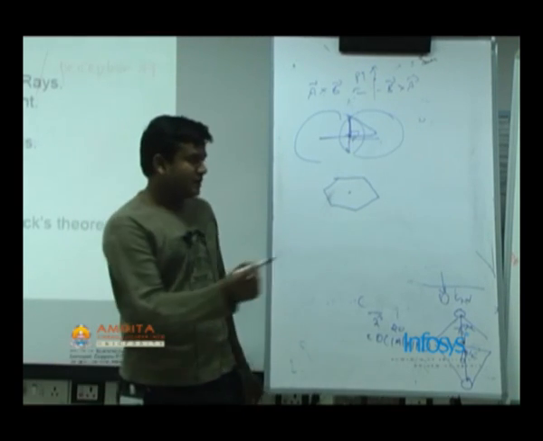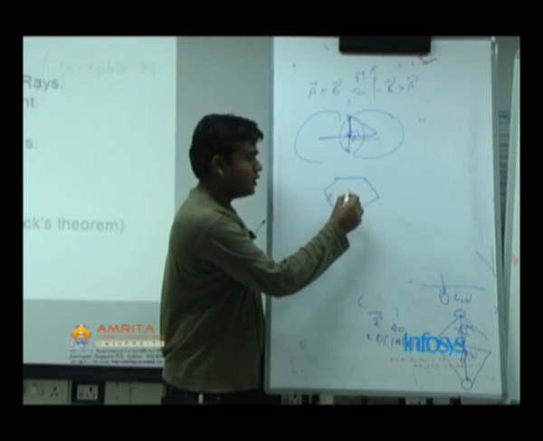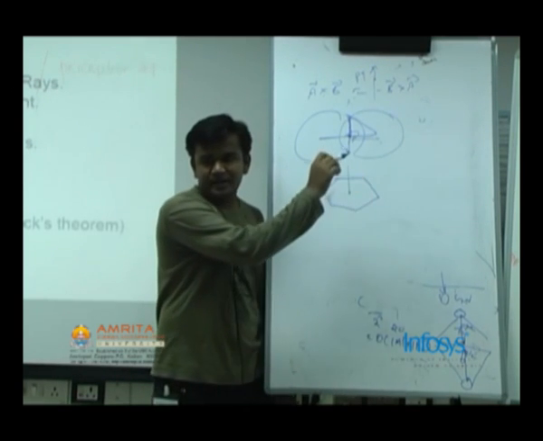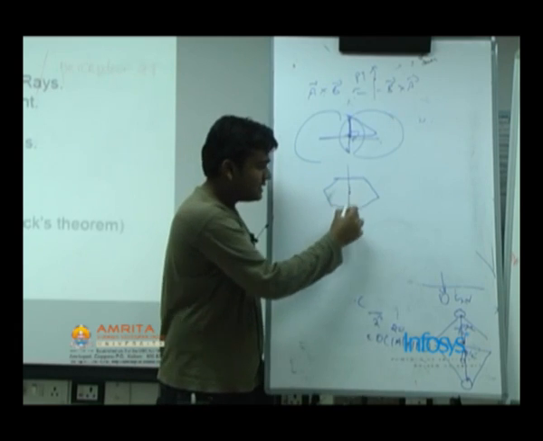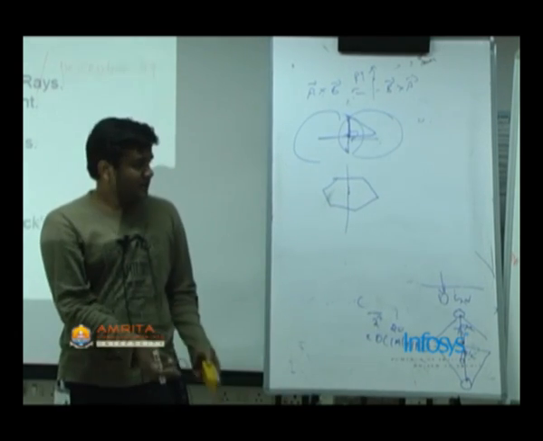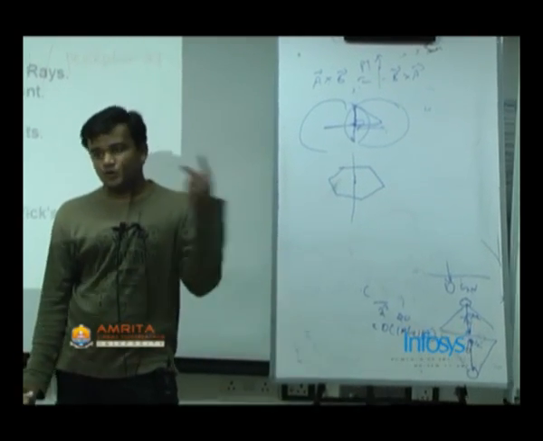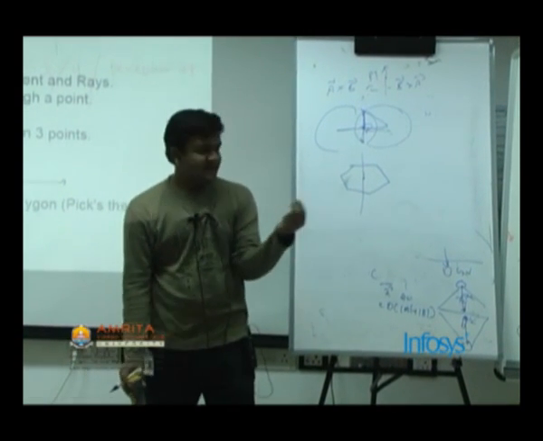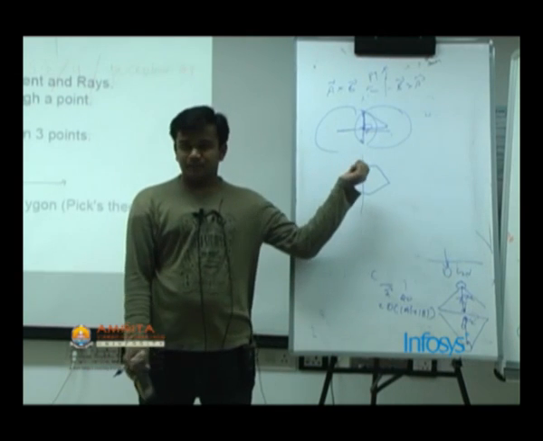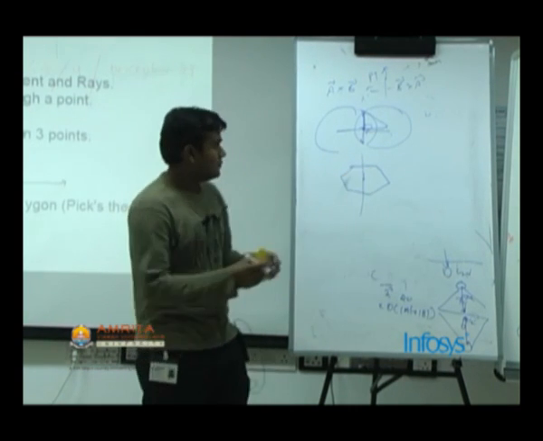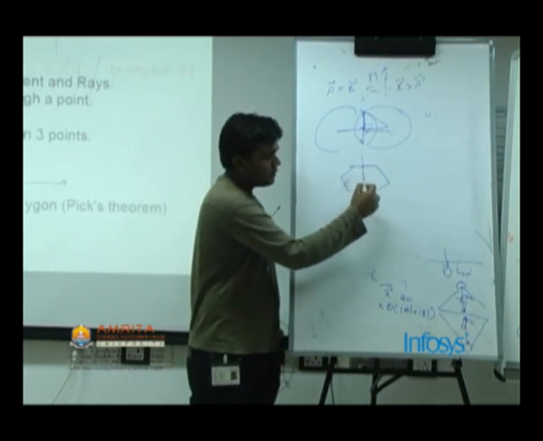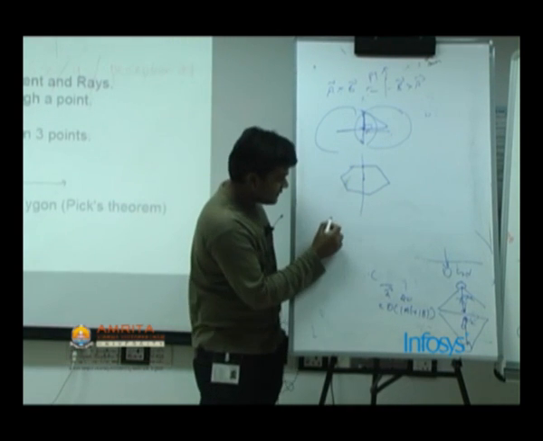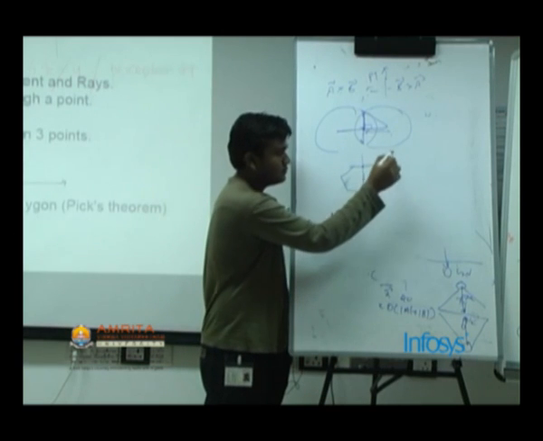You simply draw a ray from this point to any point on the polygon and extend it on either side. If it passes through 2 points, that means this point is inside, and if these 2 points are on the other side, that is, right? And if this point was outside somewhere,